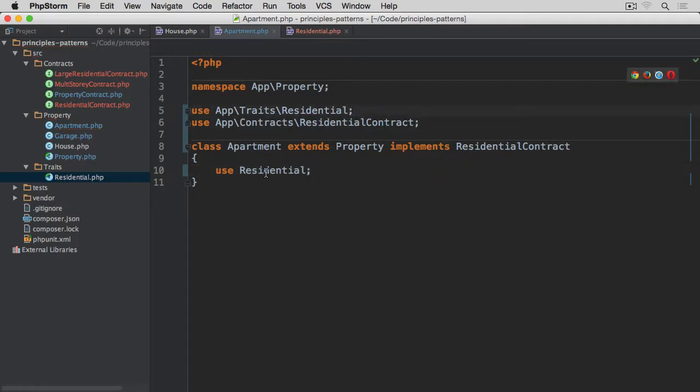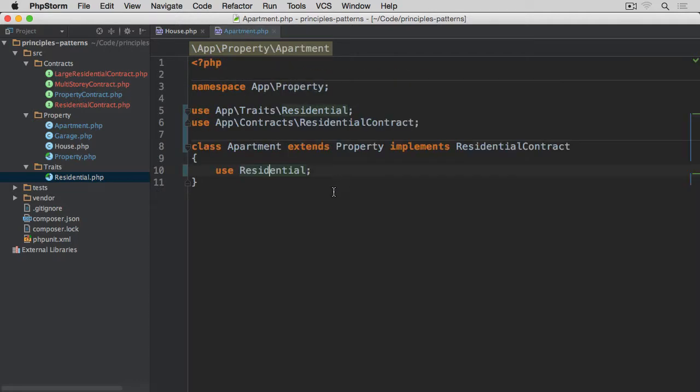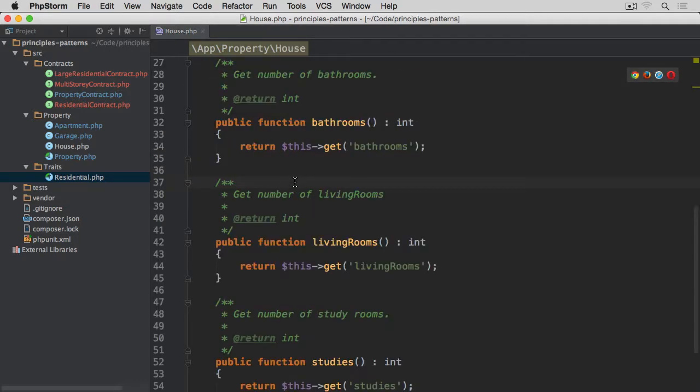But rather than having these implementations directly within a class, by moving them into this trait, that means that later on we can use this trait in any other class that might require these three methods. So we can now save both of the files, and then the last file that we have here is this house,